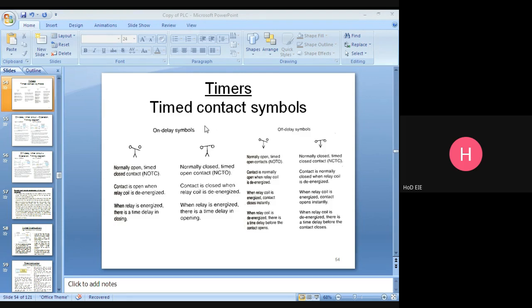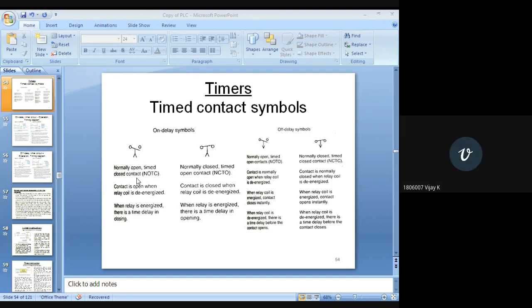Relay coil is de-energized means there is no action. When the relay coil is energized, there is a time delay, some 5 seconds or 10 seconds or 12 seconds, whatever the delay value, that value we should set. When the relay is energized, there is a time delay in opening. Got it?